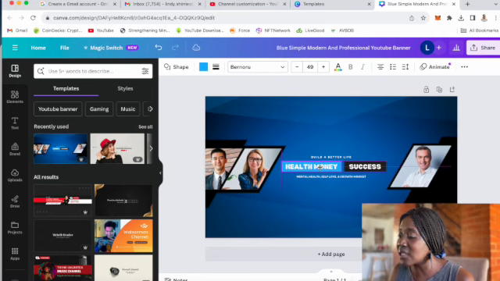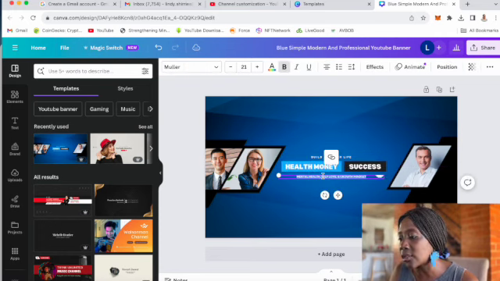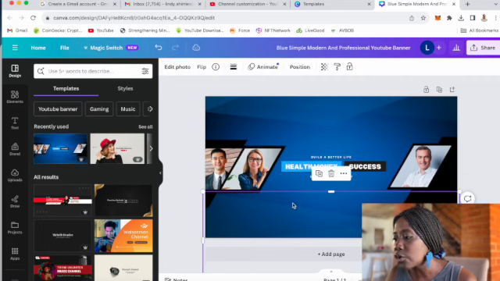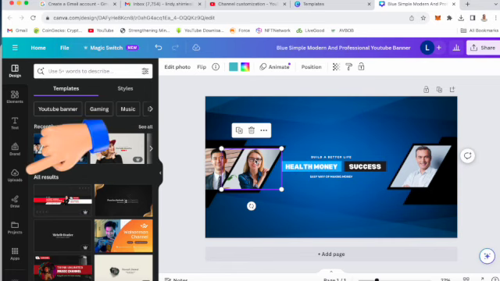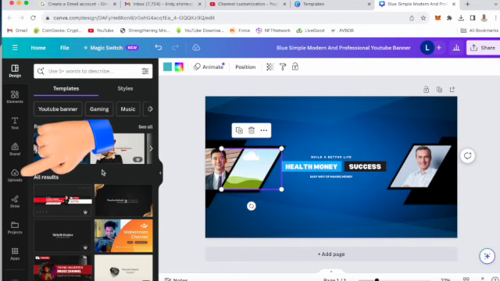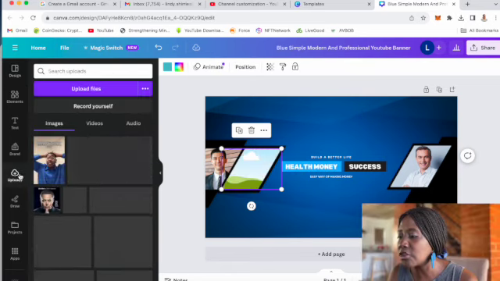You can remove this or you can add whatever you want to add. So choose whatever you want to add. The top one, I think, is aligned with what we are doing. So to change the photo, you delete the existing. You go to uploads and then you upload your photo, but I already have something, so I'll just put Elon